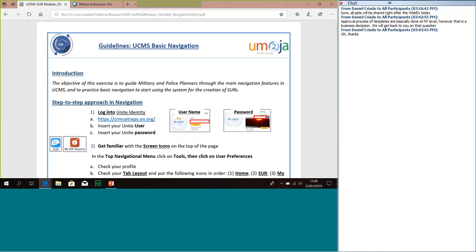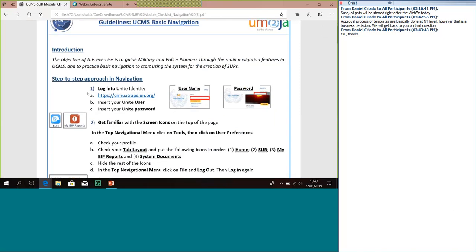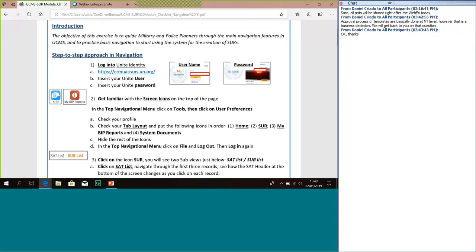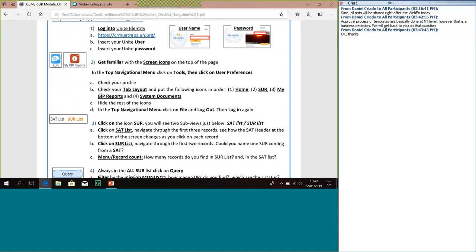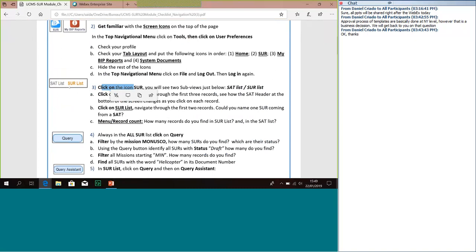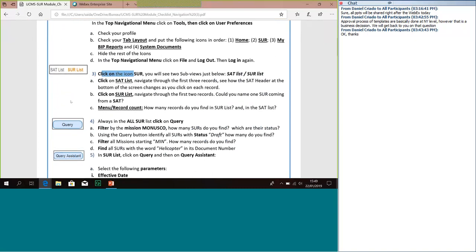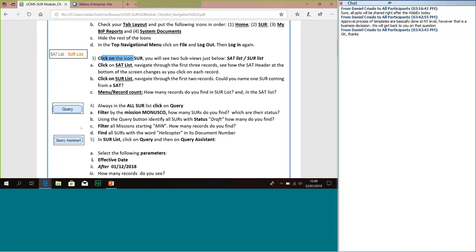This is a document intended as reference material to start doing things in the system, right? You'll see a step-by-step approach in how to log in, how to get familiar with the screen icons, how to differentiate between a list of SURs and SATs,